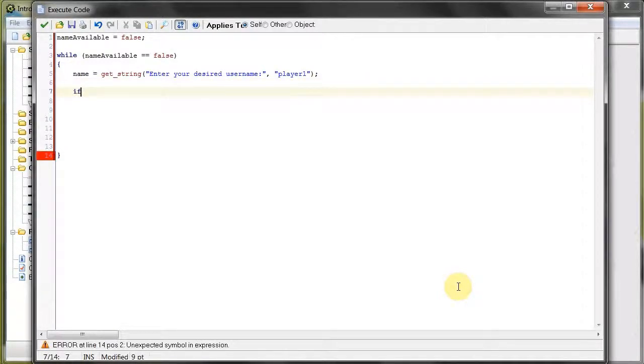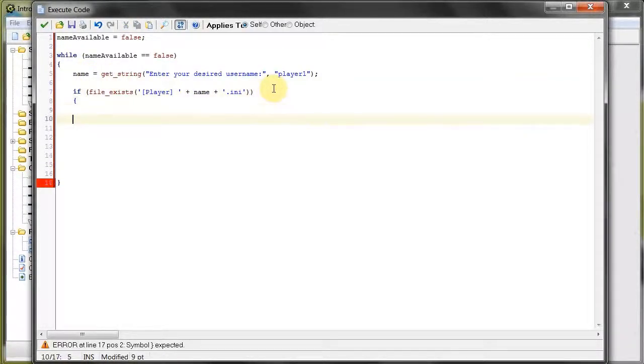So now we're going to say, well, is it available? So if file exists, and if this file has something like, I'm just going to do something like this, that shows me this ini file is a player account or whatever, player plus the name that they entered, then obviously plus .ini. Alright, so about that. If file exists, player, and it has that name in it, the name that they entered,